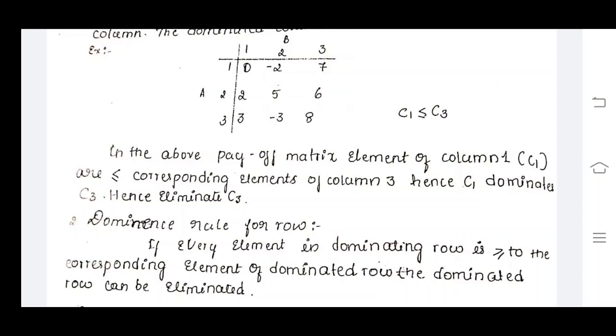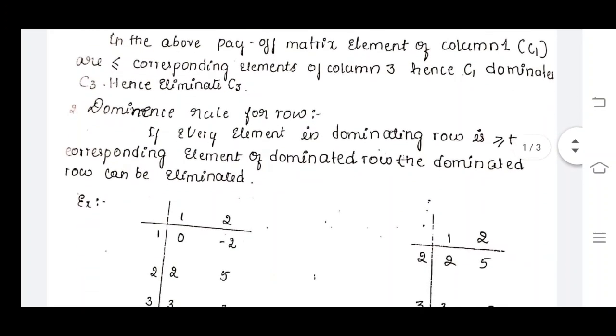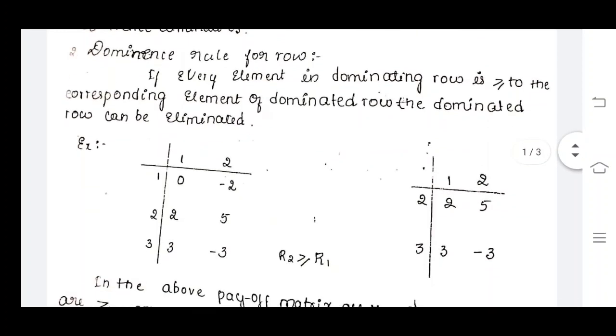It is nothing but all the elements will be deleted in the particular column C3. Then the further procedure will be continued until the matrix is reduced to a 2 cross 2 matrix, and then we can apply the mixed strategy procedure and solve the problem. That is the dominance rule for the column, and next we will go with the dominance